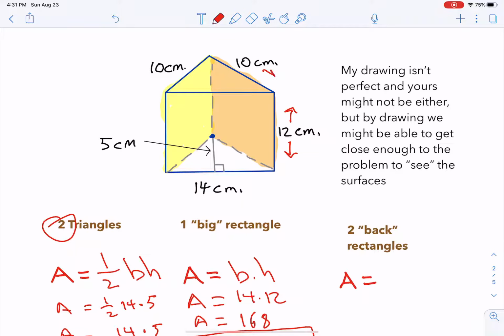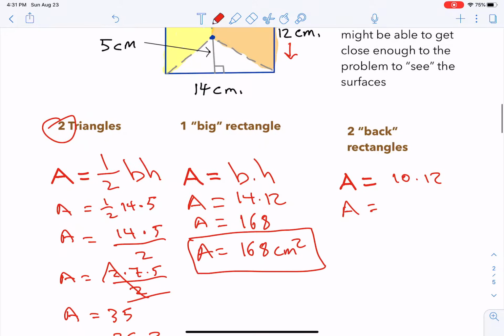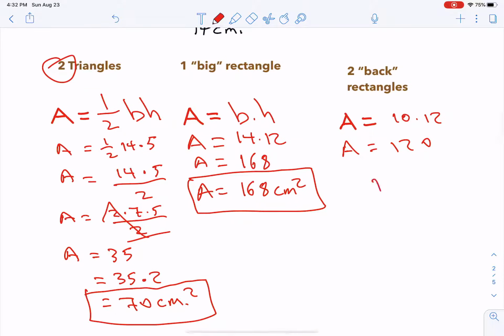you'll see that the top side of both is labeled as 10 centimeters, and that's an important piece of learning because in geometric drawings you'll find that the labels are more important than what the drawing looks like. If it's labeled 10, it's 10. All right, so what we're going to do is we're going to say that these are 10 by 12, which is 120. But again, there's two of them, and so we have 120 times 2, which equals 140